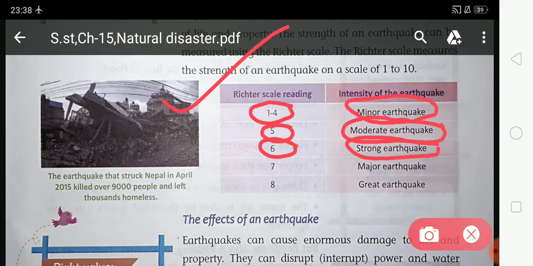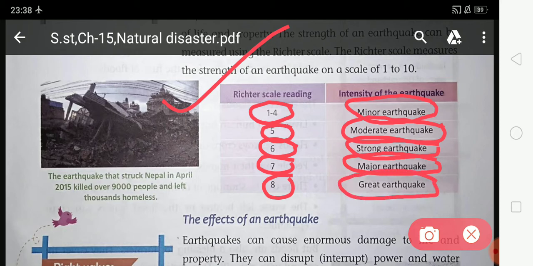When the Richter scale measures 7, then the intensity is a major earthquake. And when the Richter scale measures 8, then the intensity is a great earthquake. So in this way you can measure the intensity of an earthquake on the Richter scale.